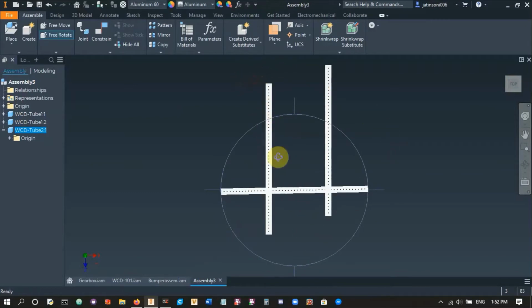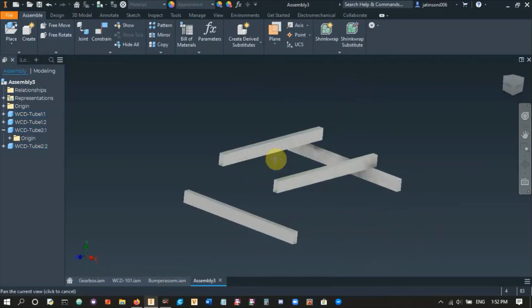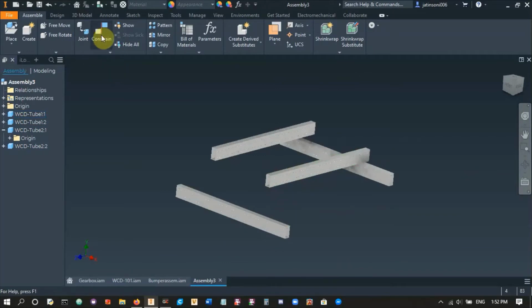This is not going to do anything in terms of constraining it or anything, but I just like to have it in the right place so that I can visually see how they're going to go together. And I just did Control C and Control V to get that second one. Right, so they're all there. Let's start constraining them. So constrain,